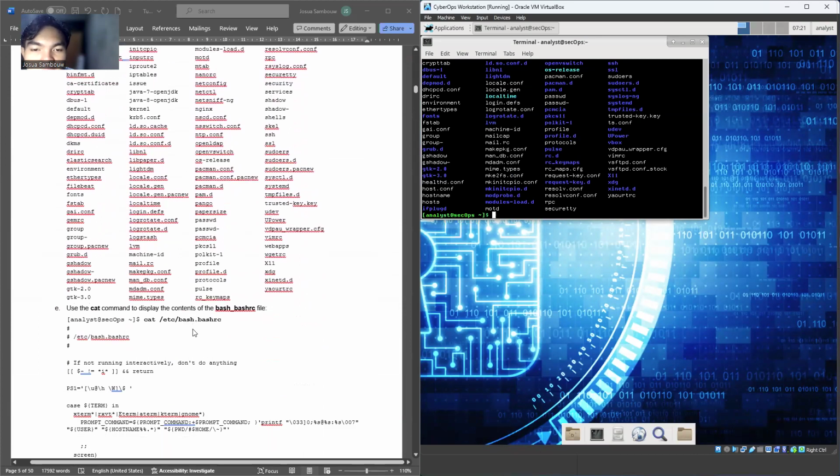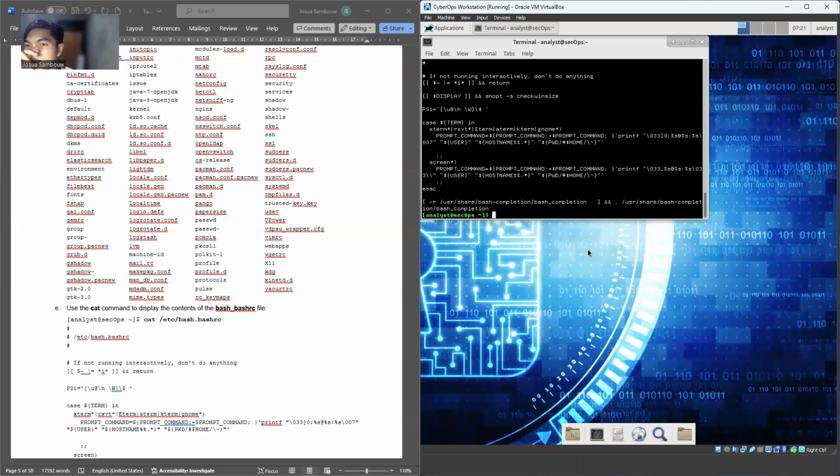Use the cat command to display the contents of the bashrc. Okay, like this. No ls, but use cat. Cat slash etc slash bash dot bashrc.